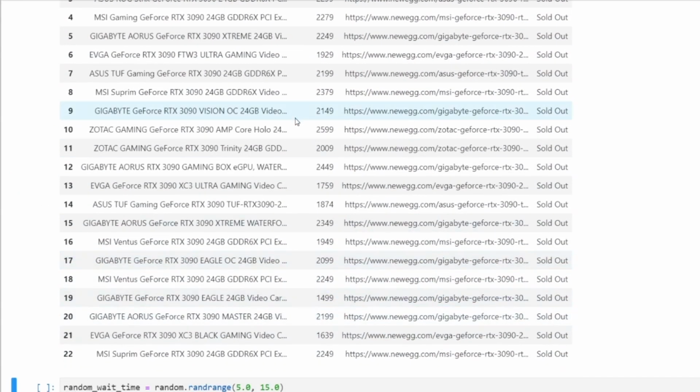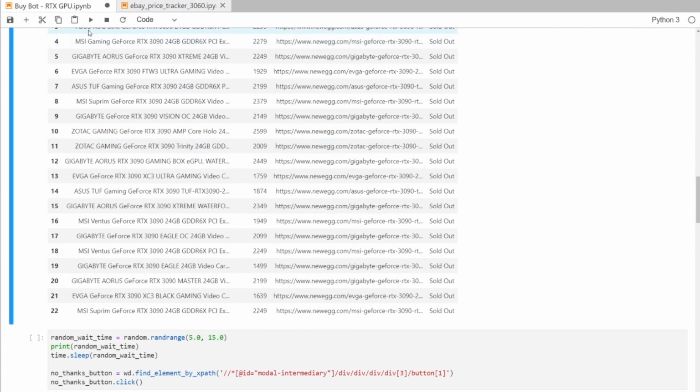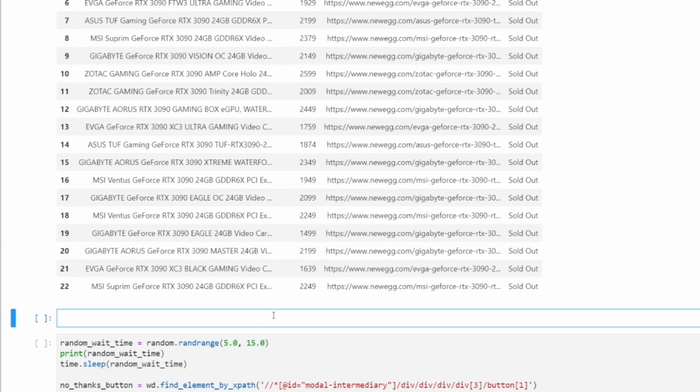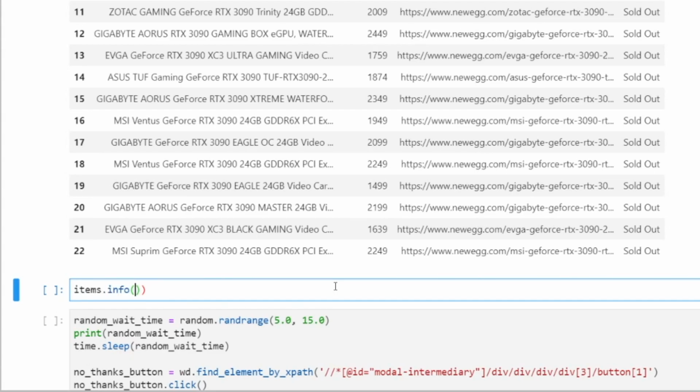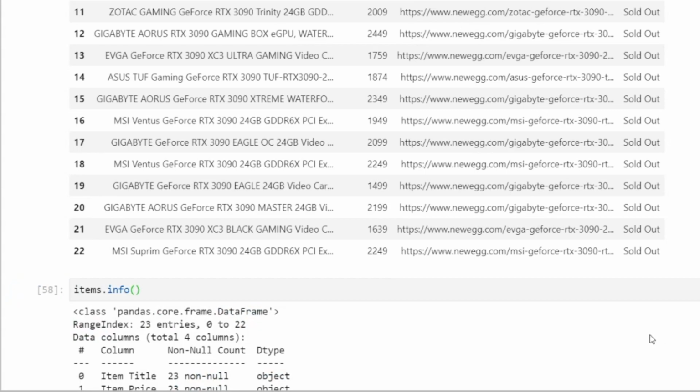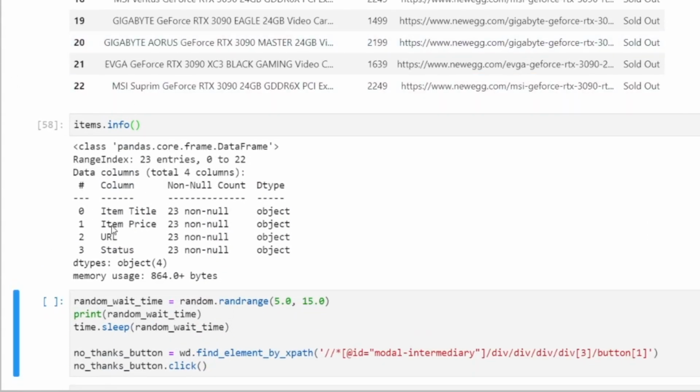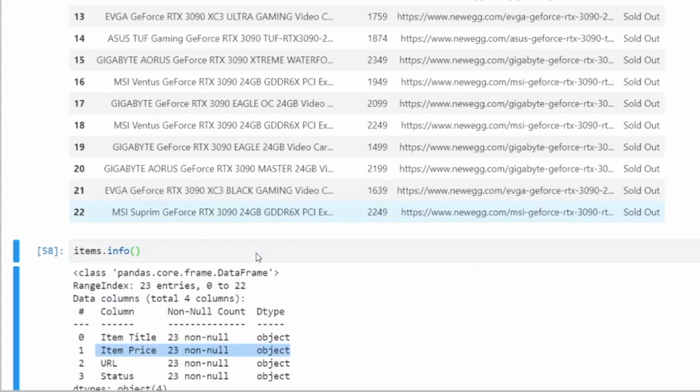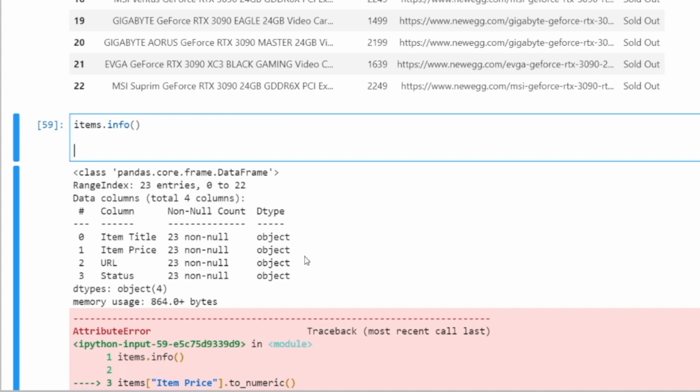And why did I remove this comma? Because now I need to do another operation which requires me to have no commas, and I'll explain why. If I look at the schema of this Pandas data frame, all of them are set as object. For item price, it should be a float, so I can check if something is bigger than the other, or do some queries on this property. So now I'm going to convert the column to a numeric column. So items, item price.